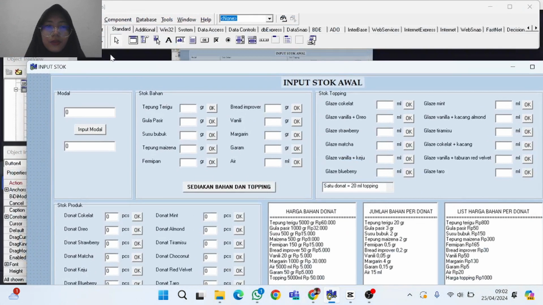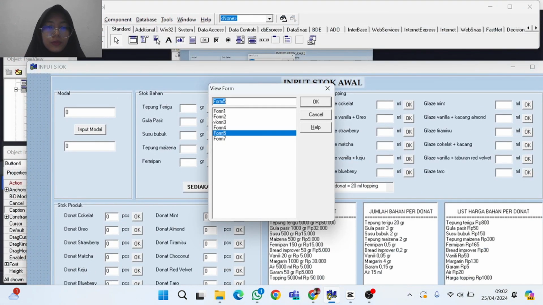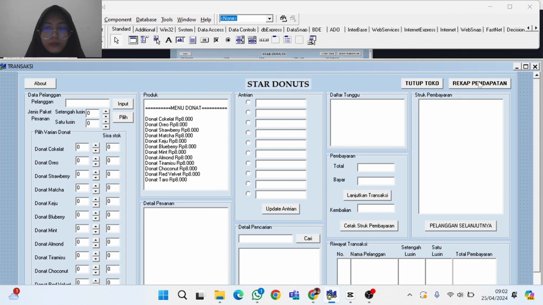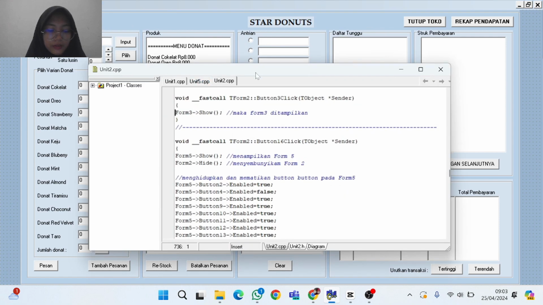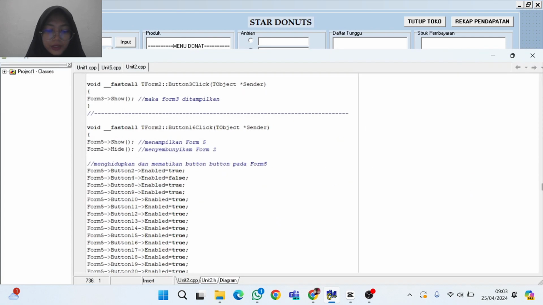Okay, we will go to form 2. This is the transaction form button, used to display form 3. Form 3 contains personal data.